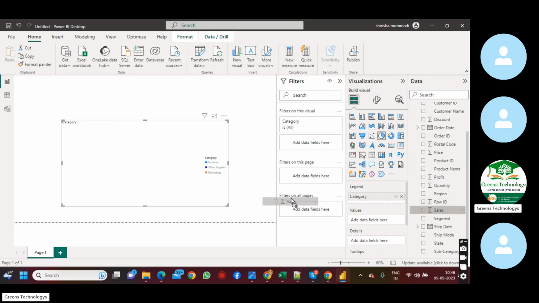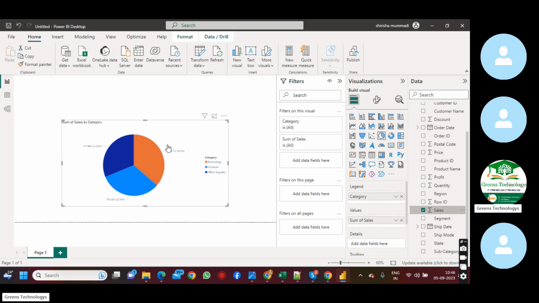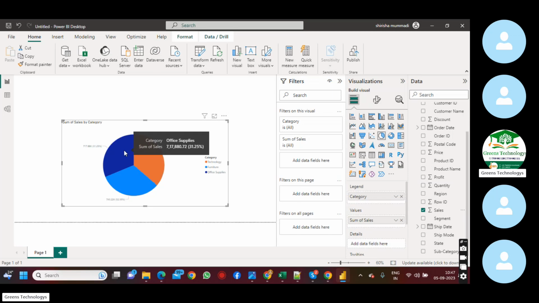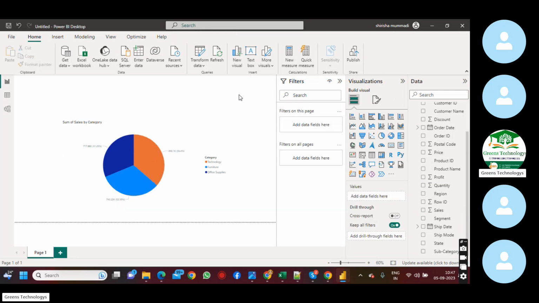When you practice from your side, you can take other columns also for practicing purposes. But I'm taking the category-wise sales now. It's showing the technology-wise sales, furniture-wise sales and office supplies-wise sales. Okay, we are getting the data. If you want to apply a filter on this,